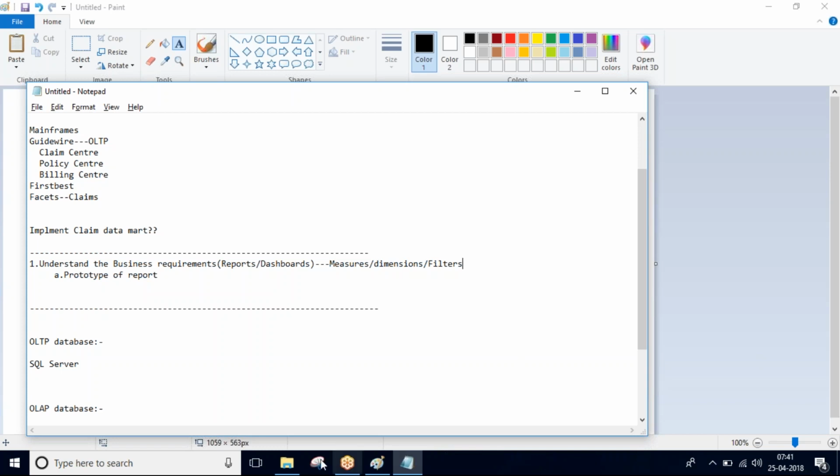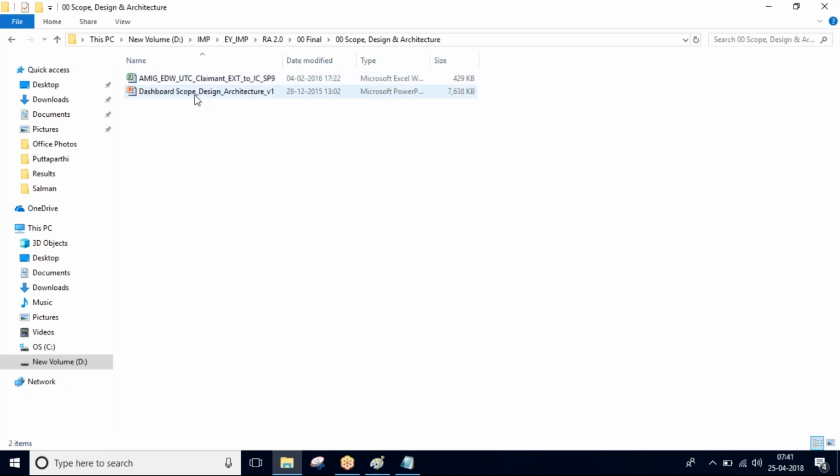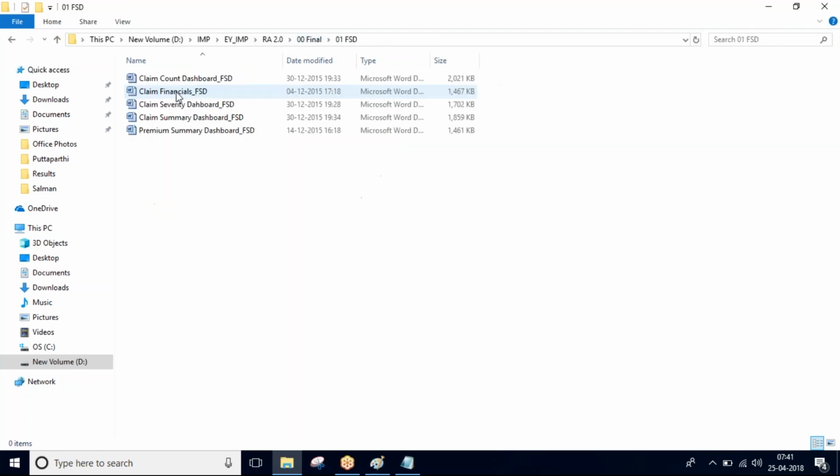Okay, so let's take a look at that documentation. I mean, when you talk about FSD, or the TRD, or sometimes people call it a BRD and everything, it is going to be the same. So let's talk about this requirement basically for a claim. They want to basically develop 5 dashboards as part of this claim center implementation. So first, right,